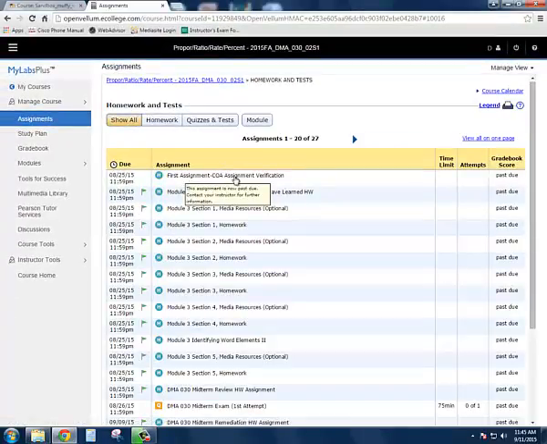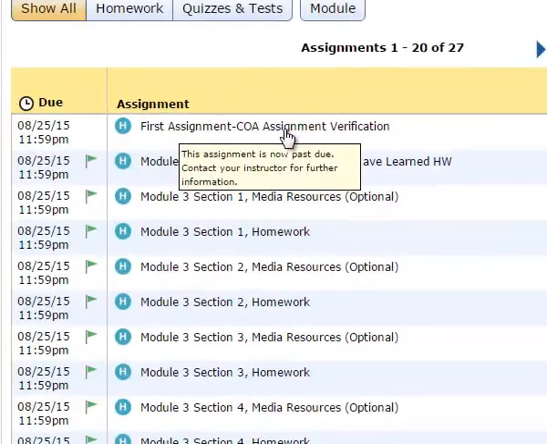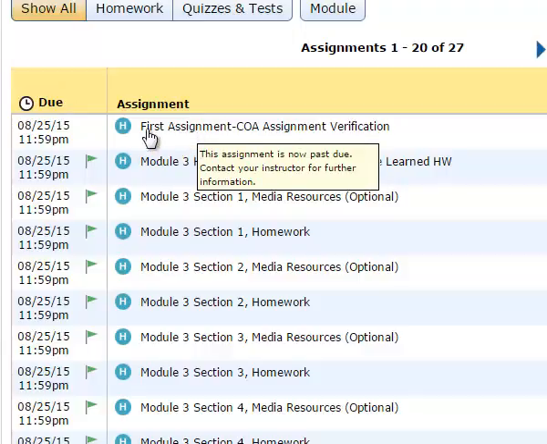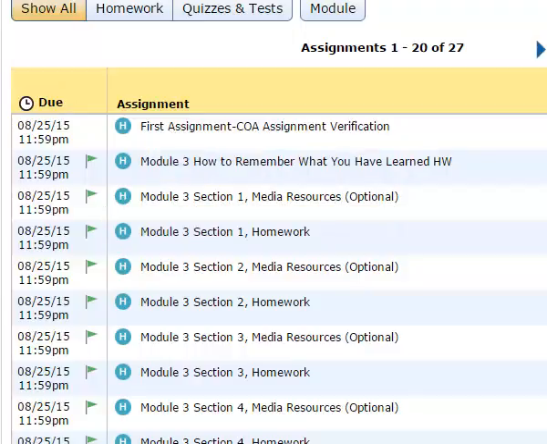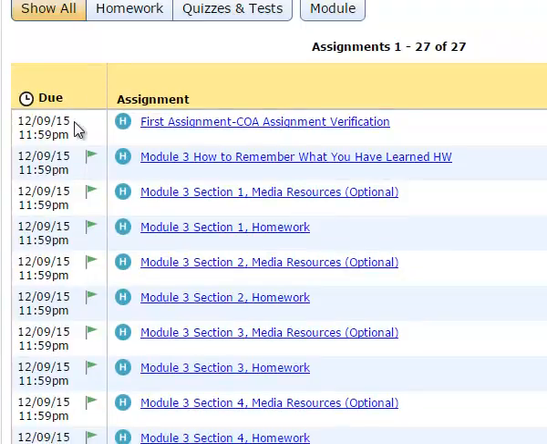The very first assignment is the COA assignment verification. When you took that first day assignment in My Courses, you should have gotten a 4-digit passcode. So if we click on this, well, it won't let me. Let's see, how can I get around that? There, I fixed it. I changed all the due dates to December 9th. So